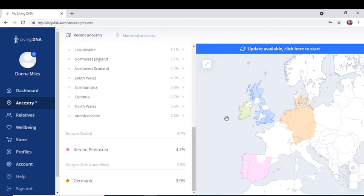Like, a lot of people are not 100% British and Irish, or 100% Italian, or 100% African, or whatever, if the truth be told. I mean, although there are some out there, or there's quite a bit who are, but then there's many of us who aren't. We have so much more. And we have all these ancestors. And that way it won't be such a shock or surprise when you stumble upon an ancestor from Peru,